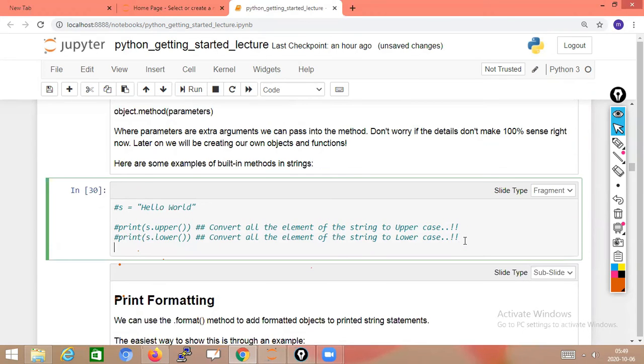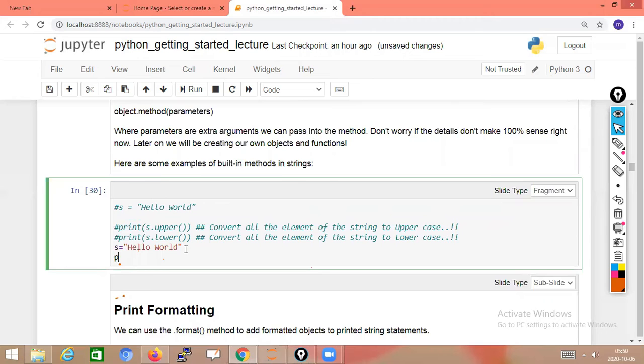For example, you store a value in the s variable. I'm storing here hello world. Whatever hello world we have written, I need all of it in capital letters. Whatever value is stored in the variable, hello world, it has capital letters and small letters, but I want it all in capital letters.